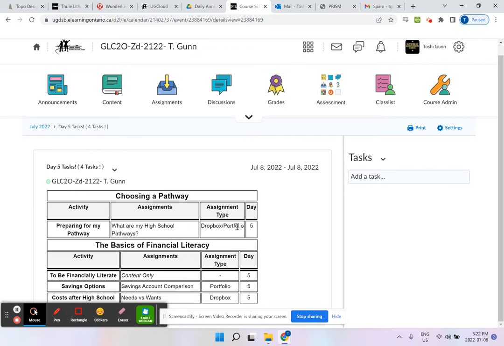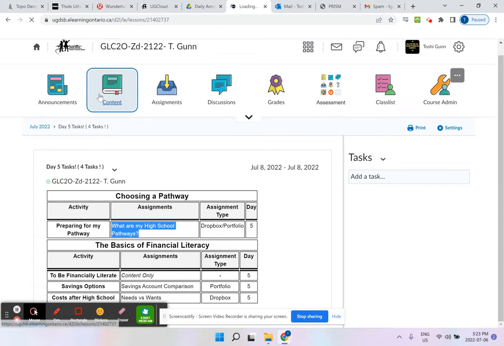This chart tells me that there's a Dropbox portfolio submission, there is content only, another portfolio submission, and another Dropbox submission due. If I wanted to track these down in the actual course content, the unit is choosing a pathway, the activity is preparing for my pathway, and the assignment is found in what are my high school pathways. So I would go content,